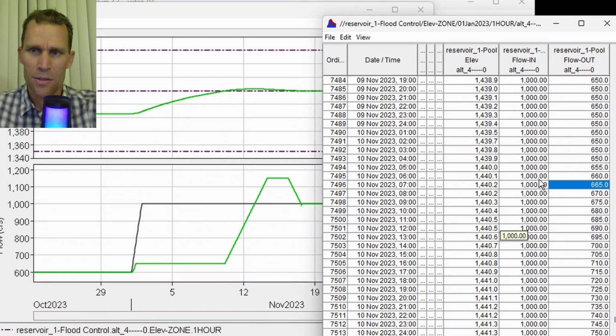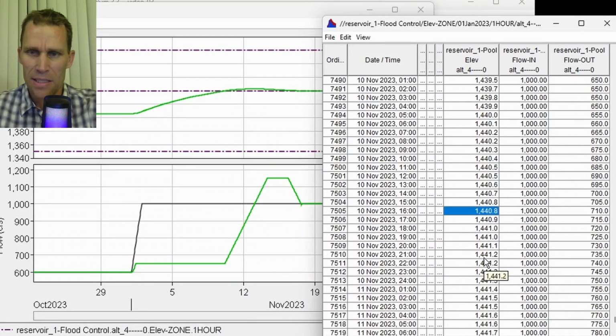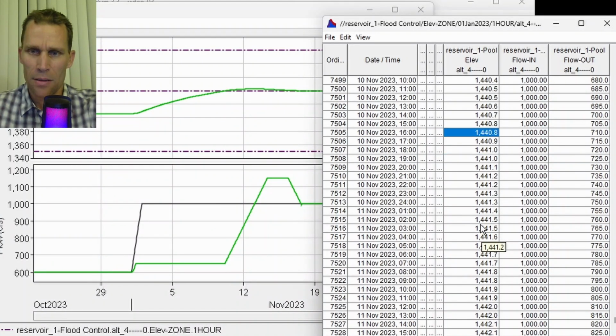But the problem is it can't release all of the inflow. So 1000 CFS come in, 675 leave, 1000 CFS come in, and 710 leave or released. So that explains why the water surface elevation is actually exceeding the 1440 target, not by much, but